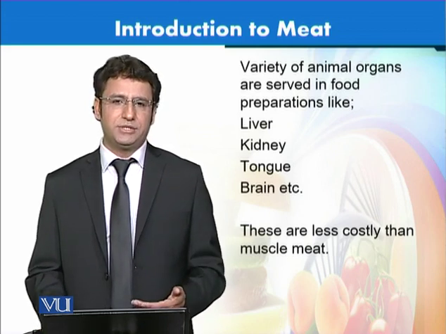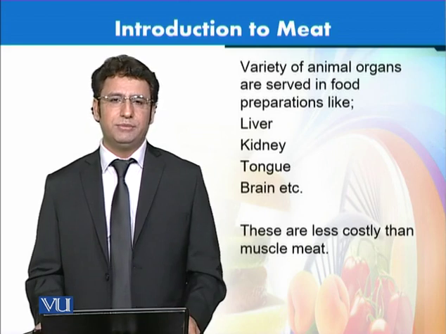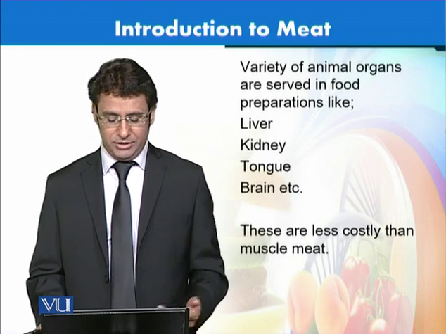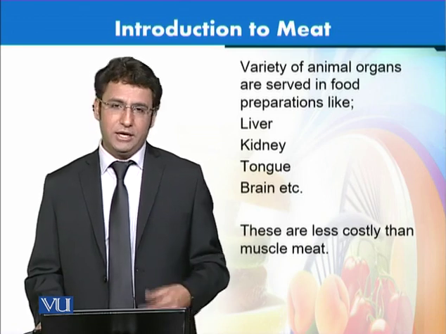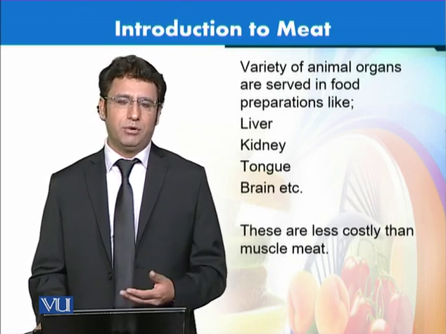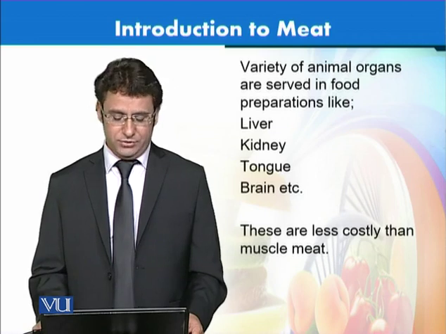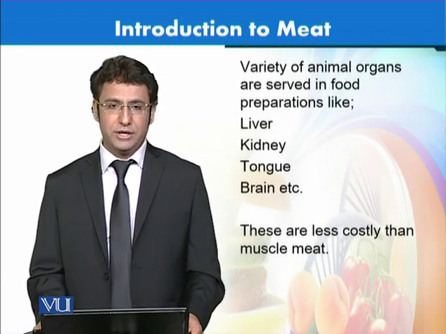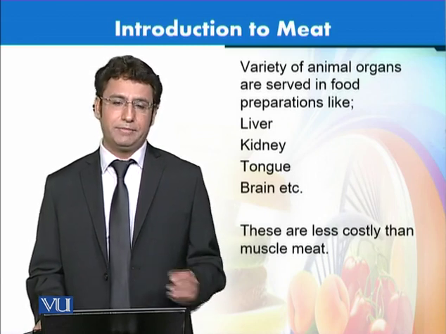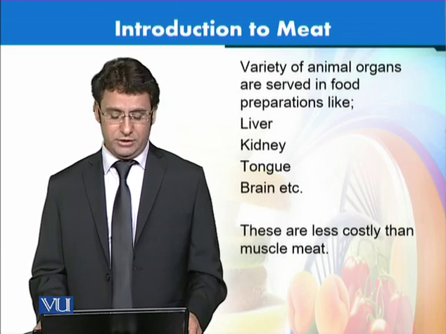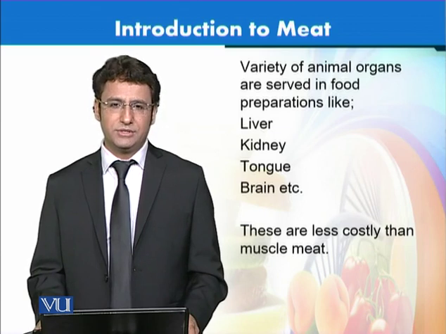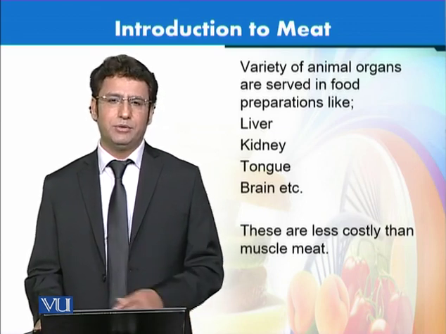As the meat is really important, we do consume the other organs from the animal as well. For example, liver, kidney, tongue, and brain. These are less costly than the meat component, but they do have important nutritional values as well. For example, liver is a very good source of iron as well as vitamin A, and there could be some other things that we need to consider, like brain could have high cholesterol content as well. So we do get a lot of nutrition from other organs as well, other than the muscle